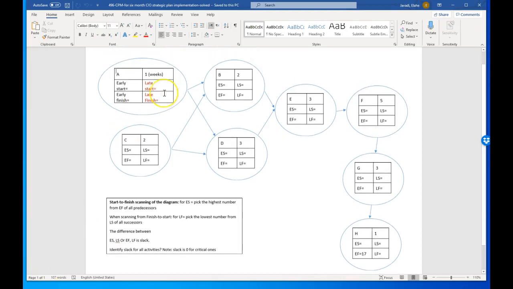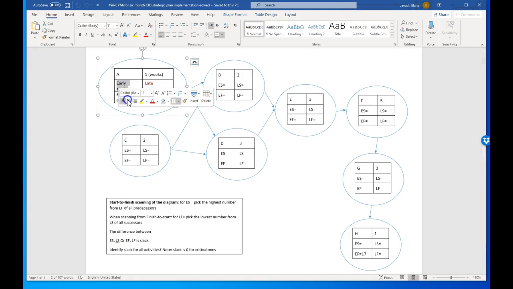Alright class, I'm going to have the network ready. You're going to do the same for your list of activities. Create a network diagram, activities on nodes. We're going to scan the network from left to right, from the beginning to the end once, and come up with two numbers: early start and early finish, meaning the earliest I can start an activity and the earliest